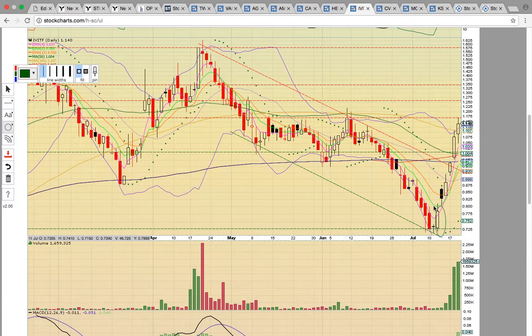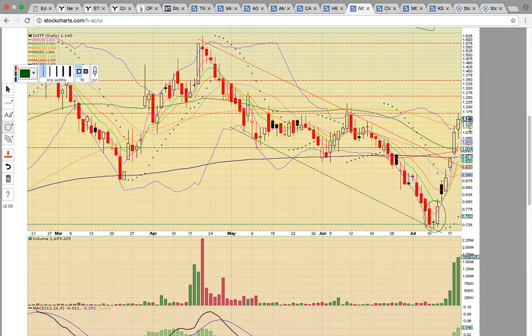We posted a video back here at the bottom, down here in the 70s when this candle formed and this bullish reversal pattern was confirmed, and so it's been heading higher ever since. So that's super cool. It broke above the middle Bollinger Band, above the 300, the 200, and the 50-day simple moving averages. And then today the big move was the close above the 100-day simple moving average and